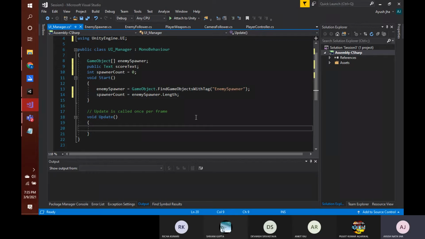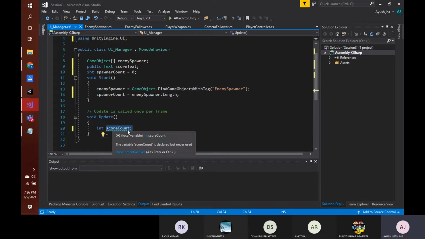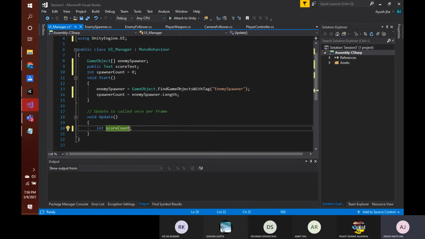Now in this update method, we will first create a normal variable for storing the score count. This will be a local variable for storing the score in this iteration. When this update function runs one time in one frame, once per frame, for that particular frame we'll be maintaining a count for the score. So let's just name this score count. This is the particular global score which we are talking about. We will be displaying this score, and let's initialize it to 0.